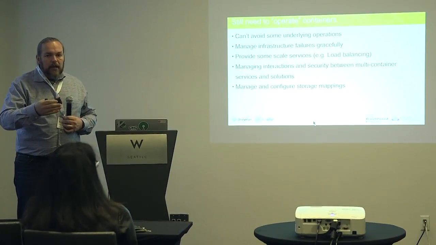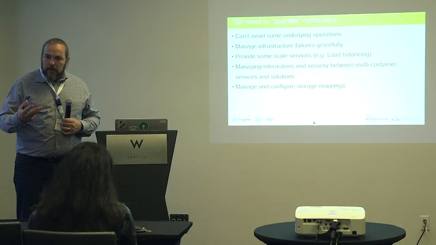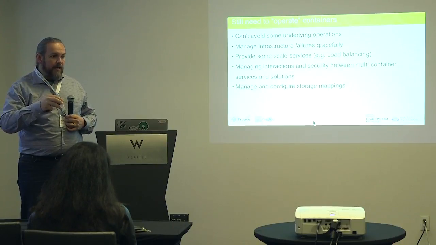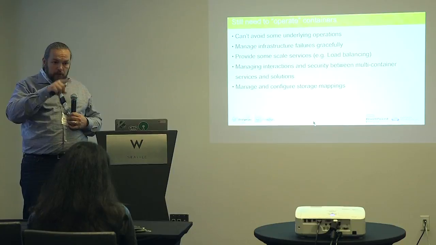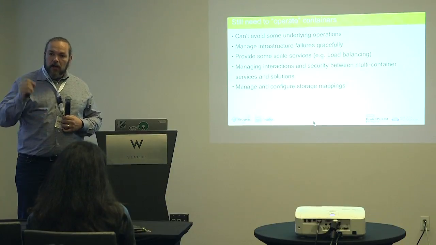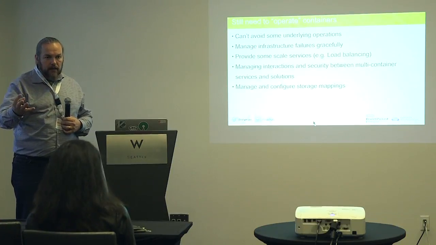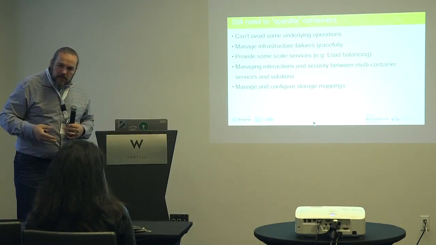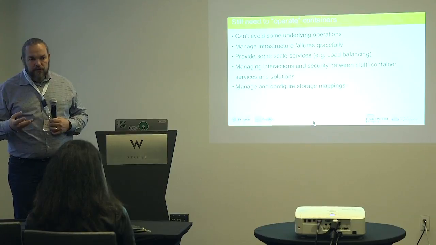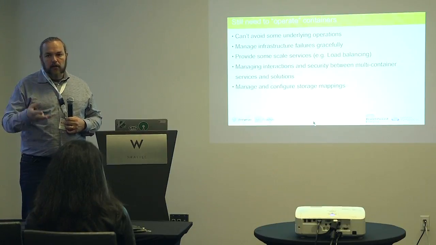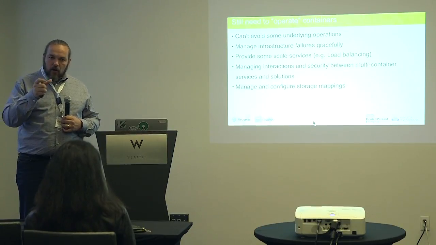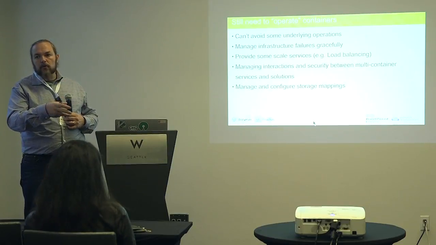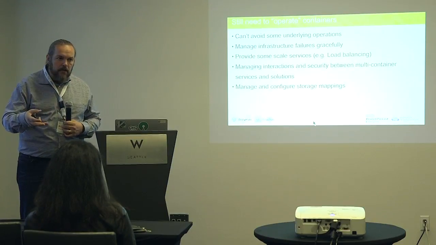Now I have multiple. So when I ask for a container to be started, the nice thing about these environments is that I actually have a scheduler, and it says, well, I have multiple targets where I can deploy that container. I'll schedule it onto one. I have better resource allocation. The other half of that, though, is that there are a bunch of other services that I might need or want to have for those containers to actually scale. Things like load balancing. If I have multiple container hardware targets, whether virtual or physical underlying machines,